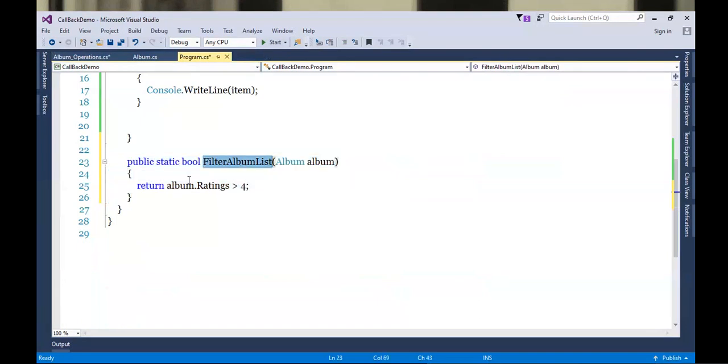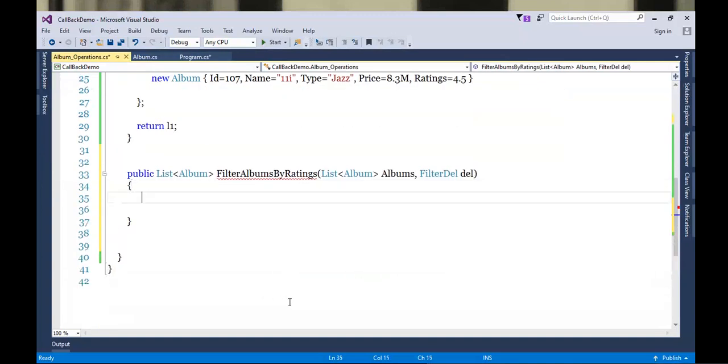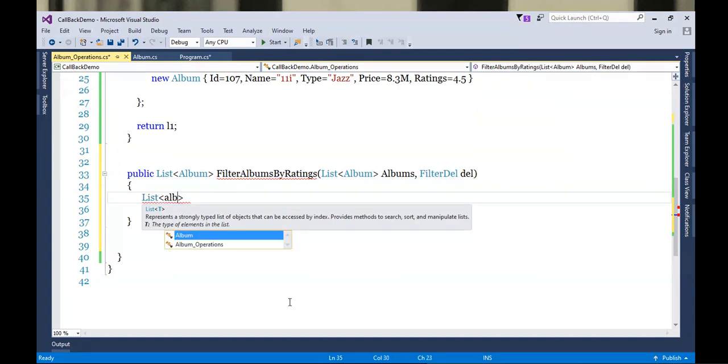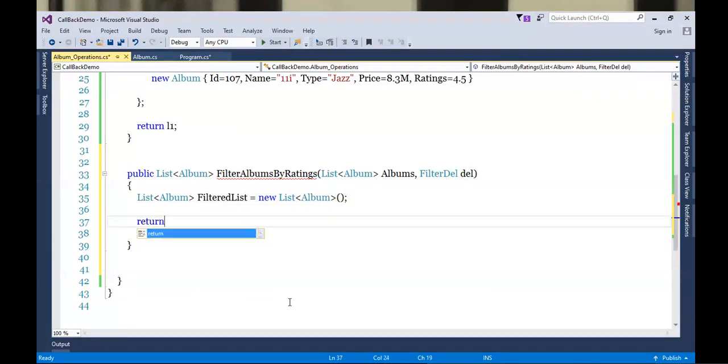Filter album list, which is the callback method. Okay. So filtered albums will be returned. I took here a list of albums. Let's name it filtered list. Create an instance, and as usual, after filtering, we'll be returning this.